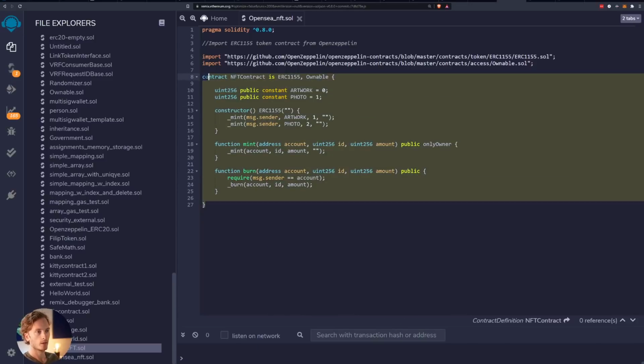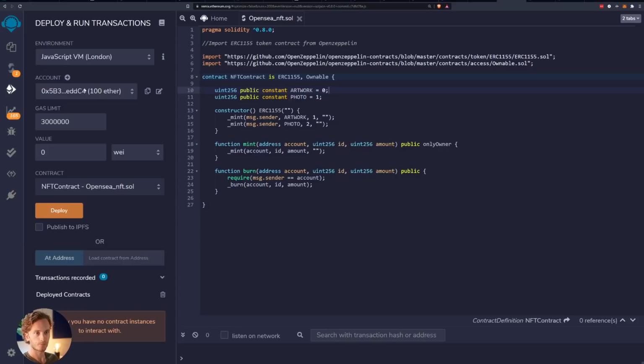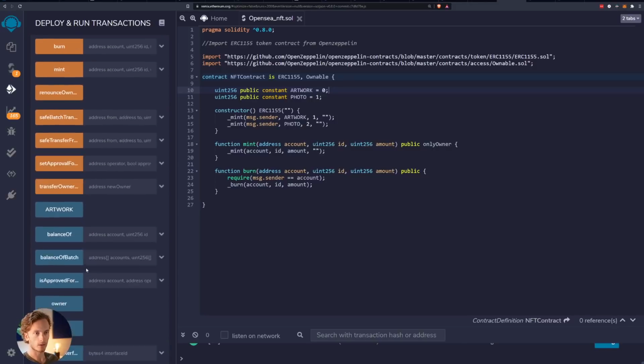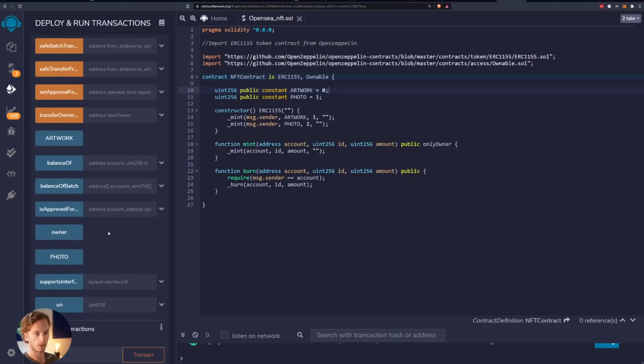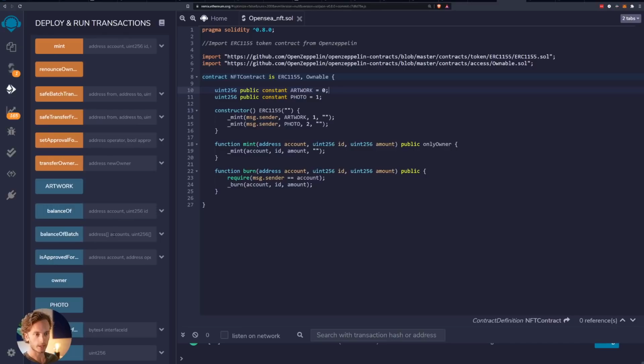Okay, so now let us try this out by deploying this on just a virtual machine here. So let's go ahead and go to this third tab here, select JavaScript VM, and then click deploy. Make sure you've selected the NFT contract here. Click deploy, and you'll get this instance of your contract here with all of the different functions that we can call. First of all, we can check, for example,